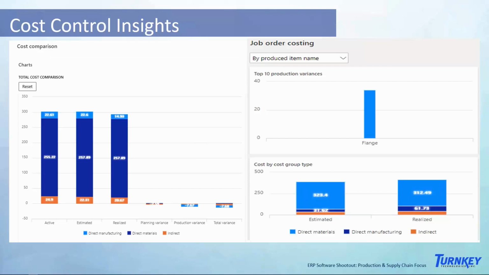Another thing is which items have more variance, and what's been the variance during a week of work. During the production orders that I performed this week, I was expecting to have $300 for materials. I used 312. So that's good performance insight that we have handy. So I'm going to jump